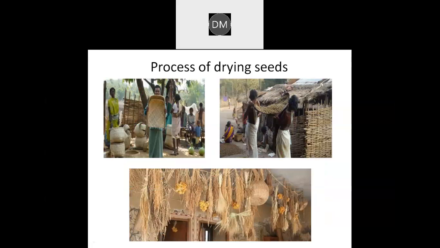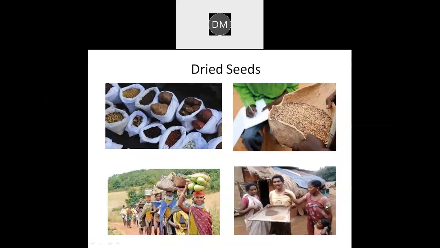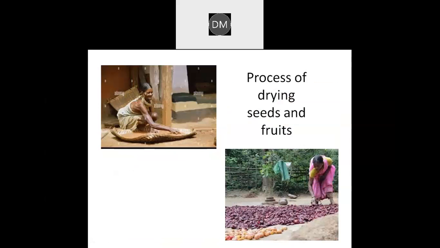Okay, the third slide, third photograph shows the drying techniques of seeds and fruits. Then the seeds, fruits, and some others like rhizomes, they are using drying techniques, they dry with the help of some fruit. ये एक और प्रोसेस है जो घर के आंगन में